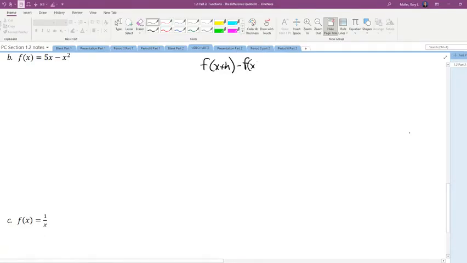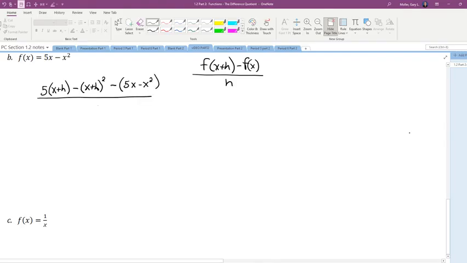I'm just going to write down the difference quotient here for us so we can see it. First thing I'm going to do is plug in x plus h for all the x's. That would give me 5 times (x plus h) minus another (x plus h) going in for the x squared. So that's just f of x plus h. Now I need to subtract the function. So minus, and I'm going to put it in parentheses because there's more than one term,